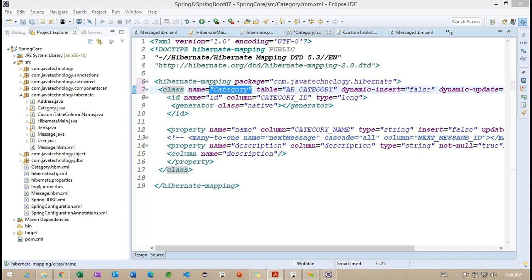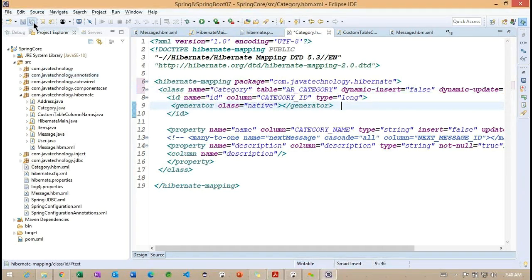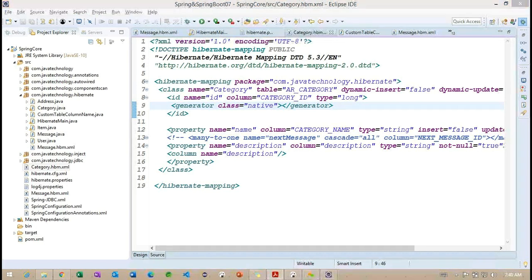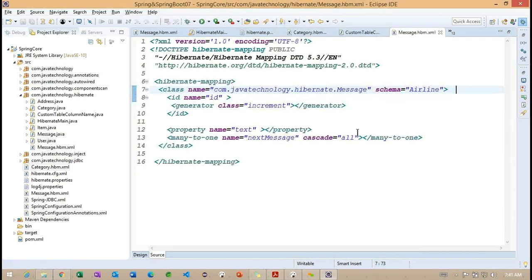After this, we'll try to check the generator strategies here. So basically, there are different types of generators here. So what are the different types of generators? We identified increment here. So what exactly will this particular increment contain? Getting the point. So basically, it is going to provide the primary key value with a one incremented value. So in the previous example, when we were discussing this particular message here, we used the generator class called increment here.